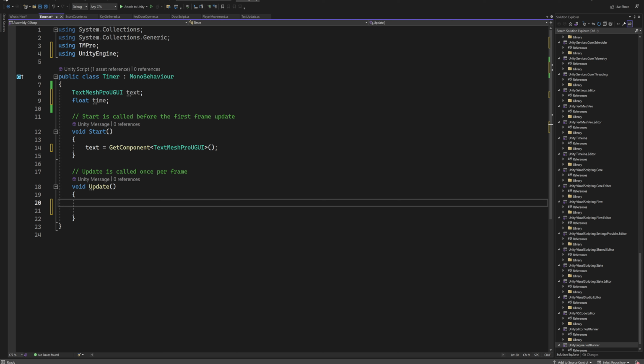And then in update, what we'll do is we'll make time plus equals. So we're going to add something to the existing value of time. And what we're going to add is Time with a capital T dot deltaTime. So that's the time between the current frame and the last frame. Usually that's like 1/60th to 1/100th of a second. We'll store that in this variable here. And then we can update